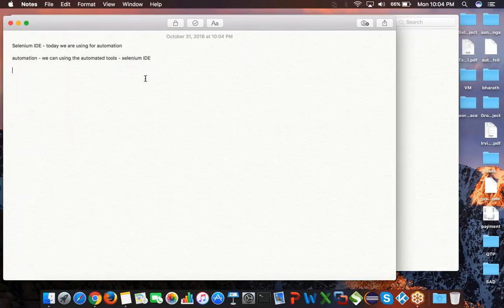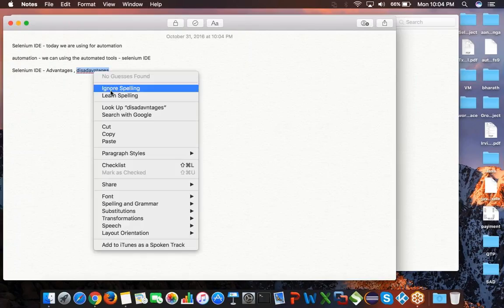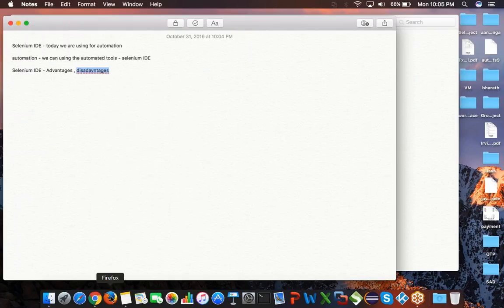Selenium IDE has some advantages and some disadvantages. We'll go through the advantages and disadvantages also. What are the advantages and what are the disadvantages? Okay, so we'll go through that. Now first of all, when I talk about Selenium IDE, Selenium IDE is an automation tool which